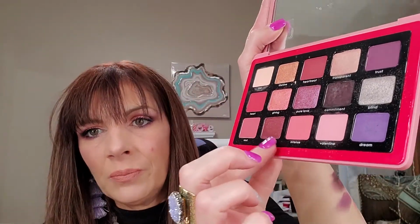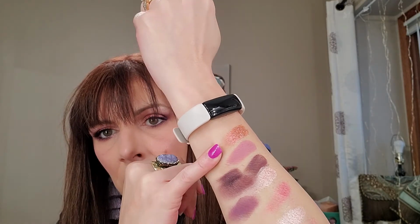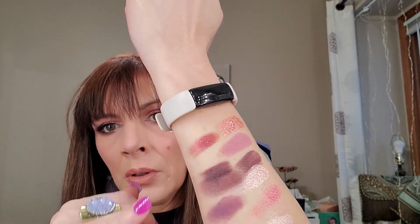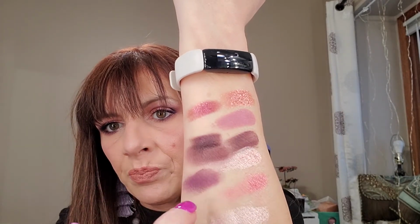And then we have Passion. Put that right up here. It's just deeper in color. And those are all the ones that I find to be very similar, or just a little bit different. And there was only really just these three. And they're